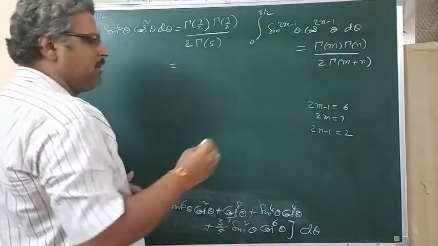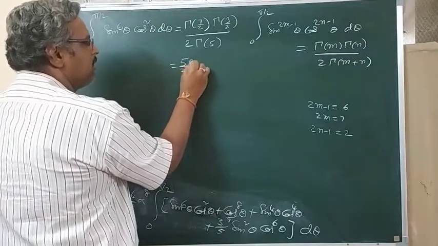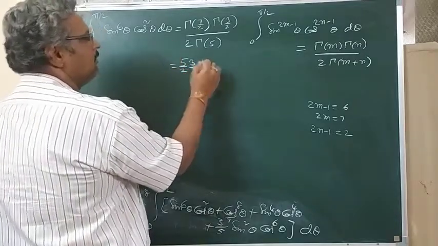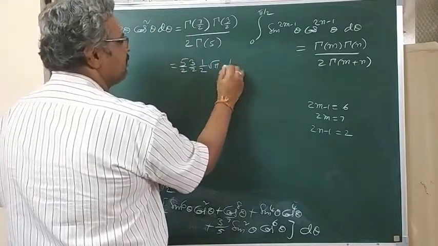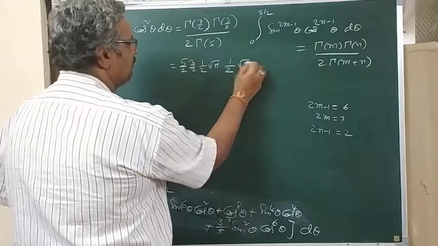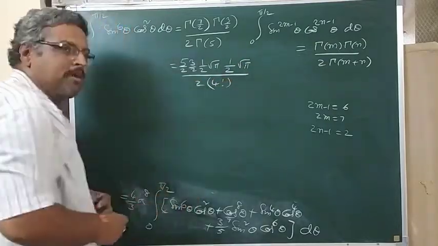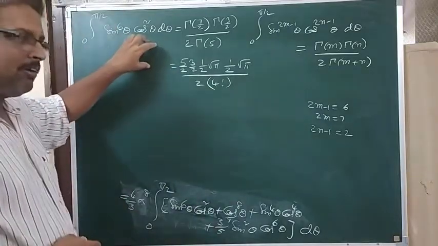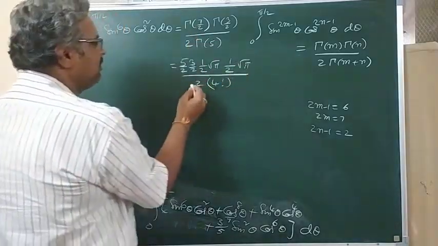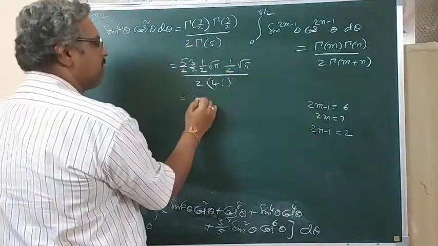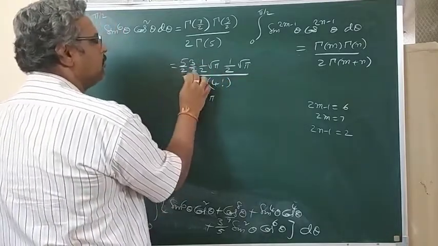So gamma 7 by 2 value is 5 by 2 into 3 by 2 into 1 by 2 root pi. Gamma 3 by 2 is 1 by 2 into root pi, divided by 2 times 4 factorial. Actually, this is the beta gamma function. We will discuss all these formulas in the next unit. So, after simplification, 5 3s are 15, root pi into root pi by 2 into 2 into 2,